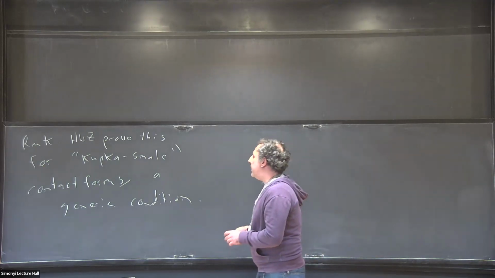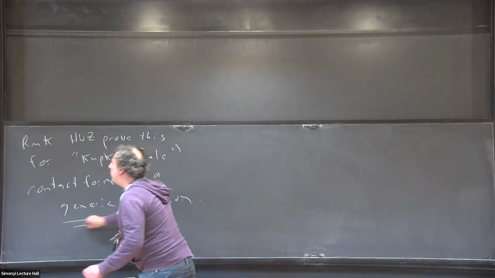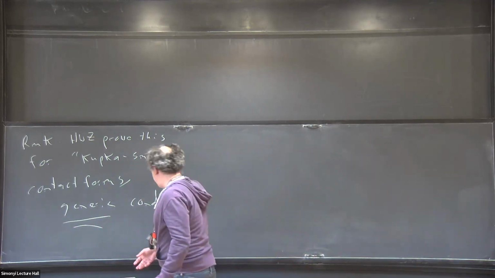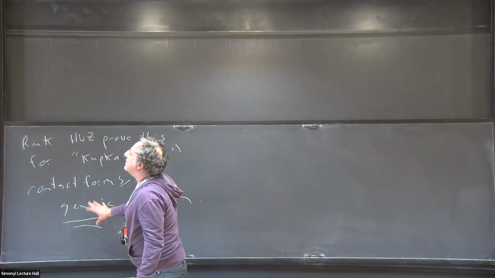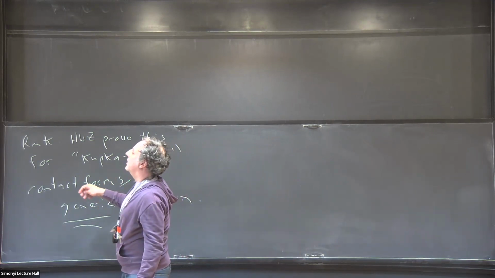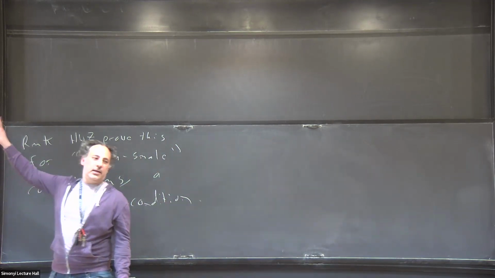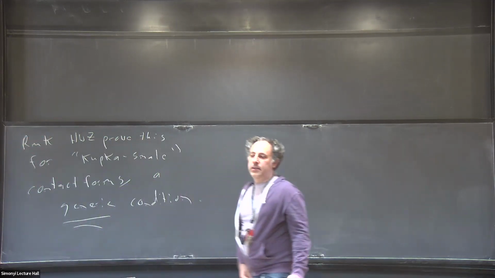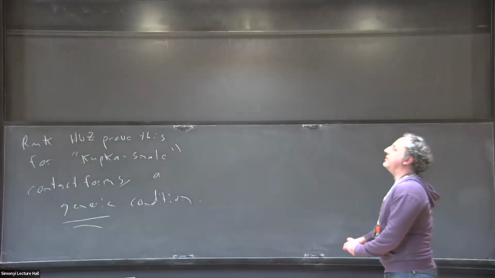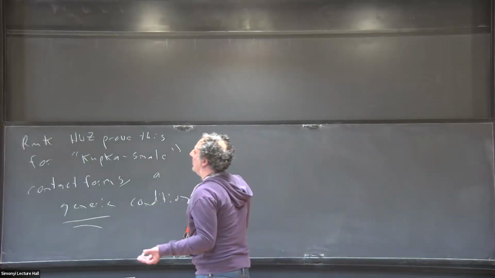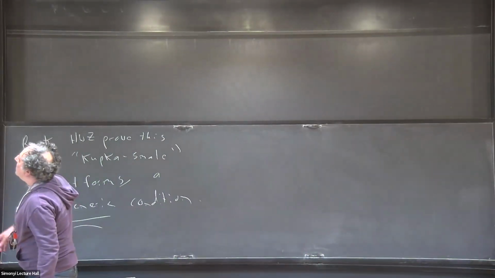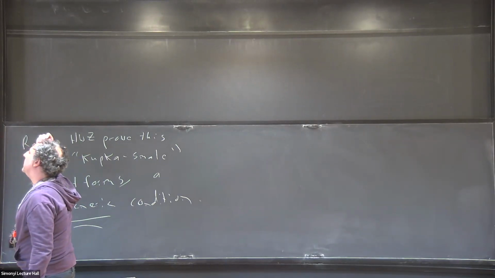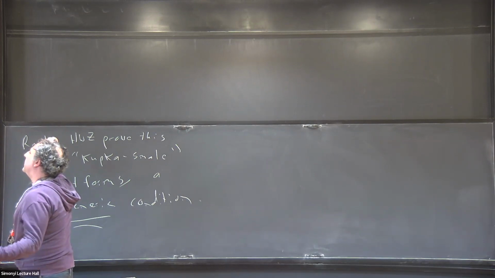And maybe what's more interesting from the point of view of this talk is the difference between generic versus non-generic. So maybe the main takeaway is that the HWZ condition already holds for generic contact forms. So with this conjecture, we're really just interested in what kind of strange things might be lurking in the non-generic situation. And that was actually what interested me in the problem. Actually, this was a question that I got interested in when I was a postdoc at IAS in 2014. So I'm very happy to be able to talk about it here at IES.